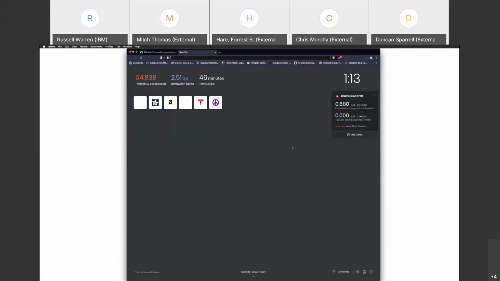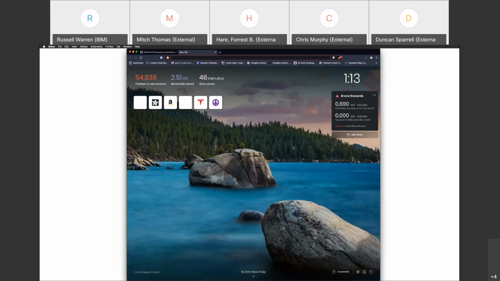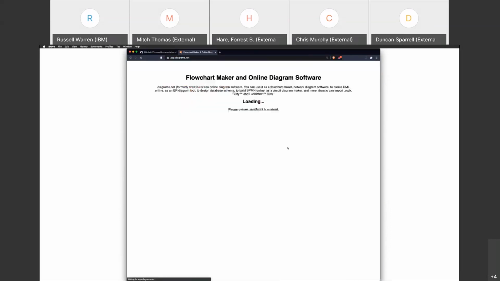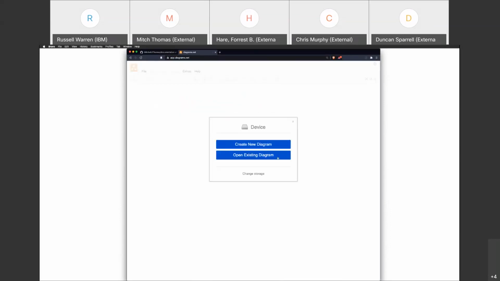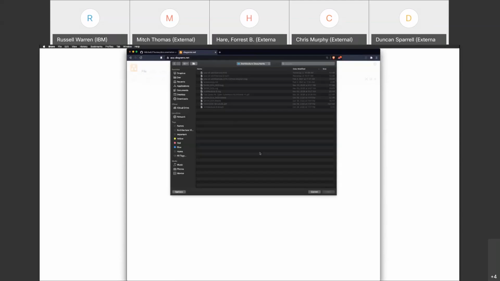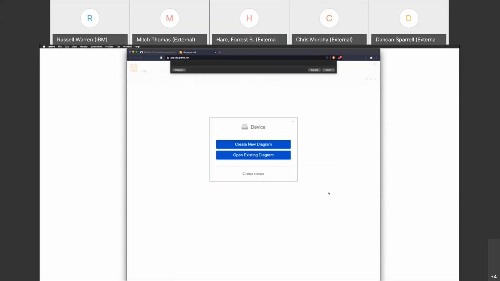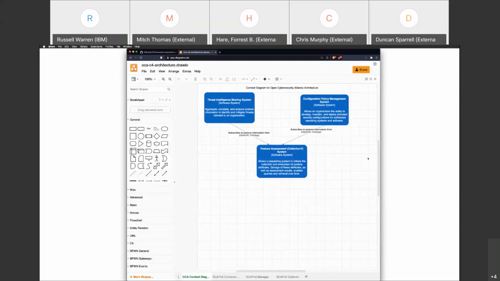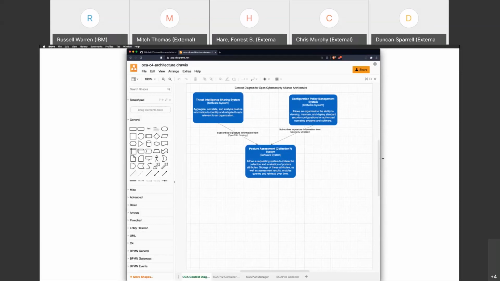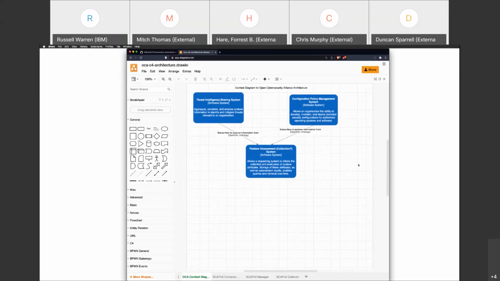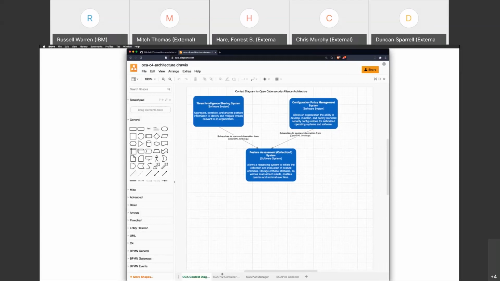So one way that I've done this is from draw.io. These are draw.io diagrams, and I'm going to open what's been committed here. And one of the first things I want to point out is there used to be multiple draw.io files. So one of the big news items for the changes that are in this branch is I've created a single draw.io file. And there's some fun stuff here I wanted to share with you, and I'll try and be quick so I don't take the whole time. But a single draw.io file with tabs.